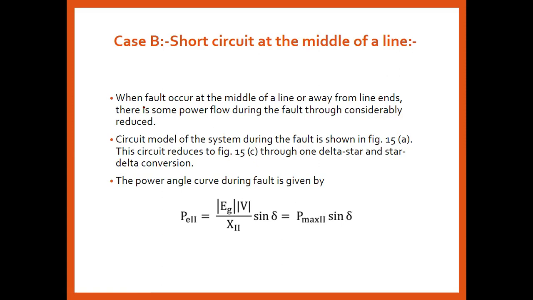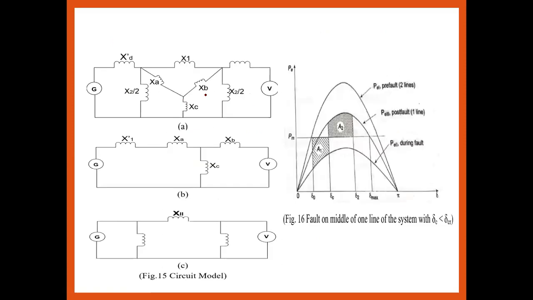In that case, this is P max, and the condition is that first it should be star connected, and then the delta one. Okay, so this is the star condition and this is the delta condition. So A1 and A2: there is a pre-fault condition of the two lines, and now in the post-fault condition, what is going to happen? If a fault occurs on one parallel line, then P1 should be there and P2 should be equal to 0, and after that, during the fault,